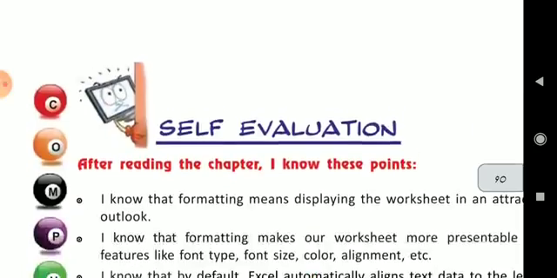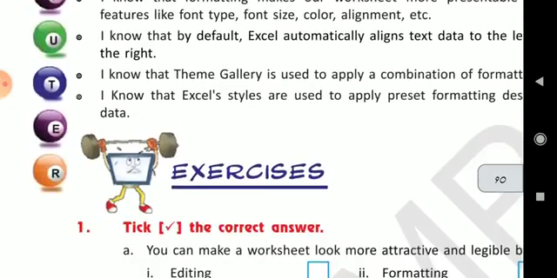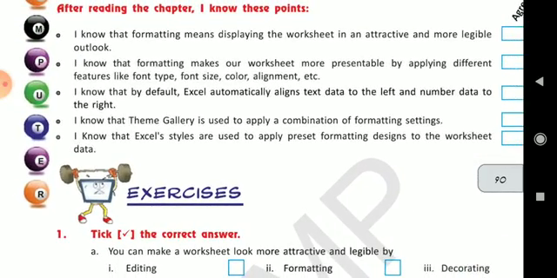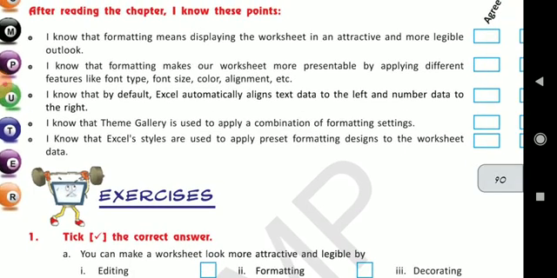Now, coming to the exercise. I know that formatting means displaying the worksheet in an attractive and more legible outlook. Yes, of course, we have already read about it and know that formatting is used to give an attractive look to the workbook.